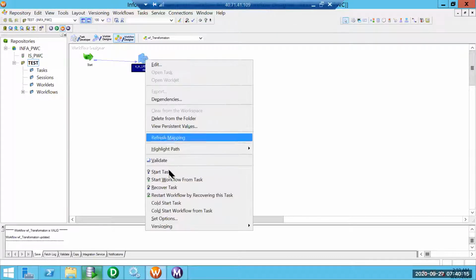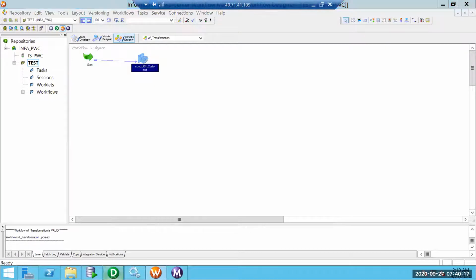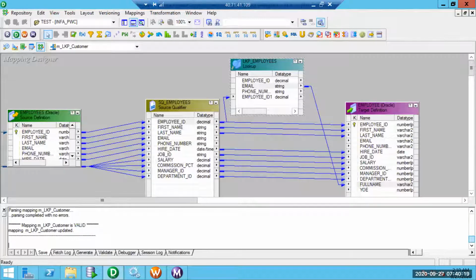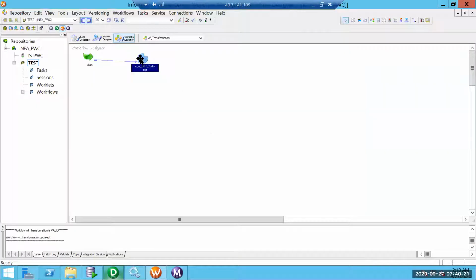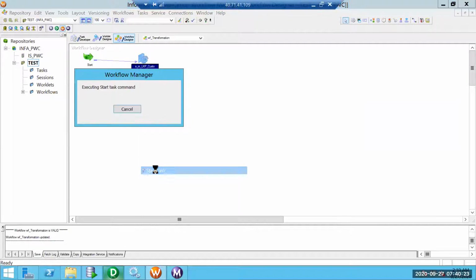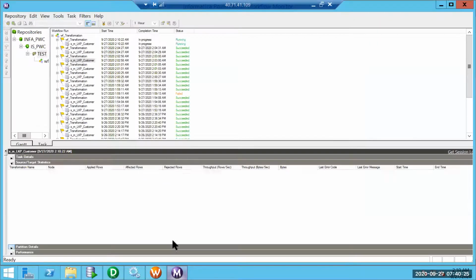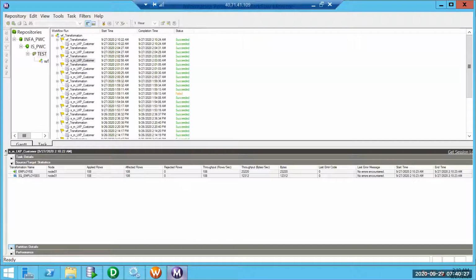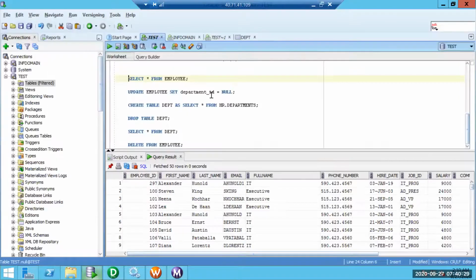Let's try to run this. Right now we still have not populated email and phone number, so based on upsert logic, that should be updated as null. Or even, since I did not connect, it might have the same data.